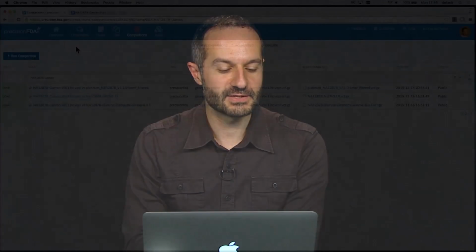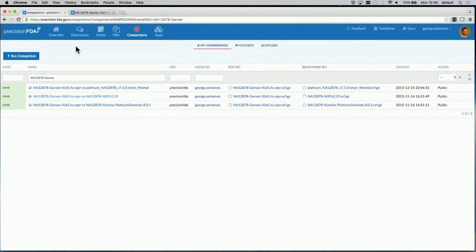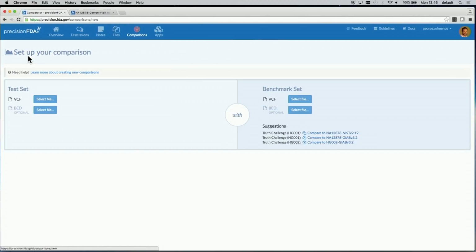In this section, we'll show you how to create comparisons. In the comparison section of the website, you can see a list of the comparisons you've previously conducted, or if you haven't made any comparisons, you can explore publicly available comparisons. To create your own comparison, click the Run Comparison button, and you'll be presented with a user interface where you